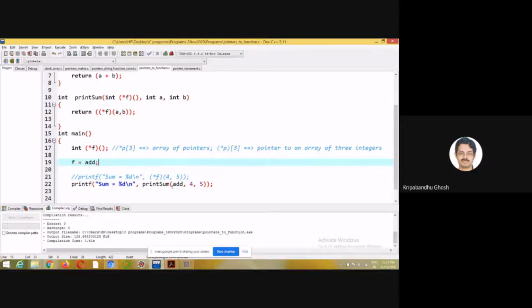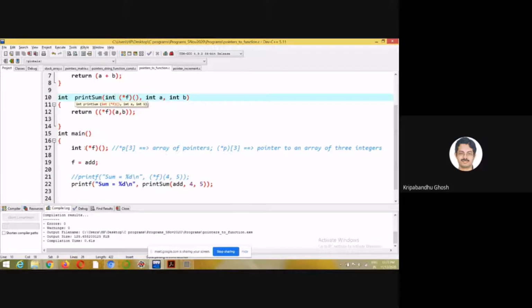So if I do this, here is a pointer to a function. I'm passing the starting address of the function. Here I have a pointer to a function with a return type int. So this is a function.